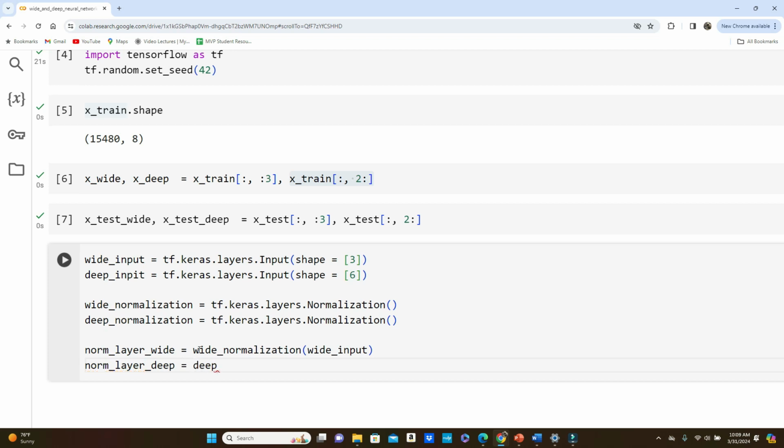Now deep normalization and deep input. Actually, this is input, so it should be input. Oh, that's so funny. Normalization is done. I will add the hidden layer now. So first hidden layer, hidden one, as usual,